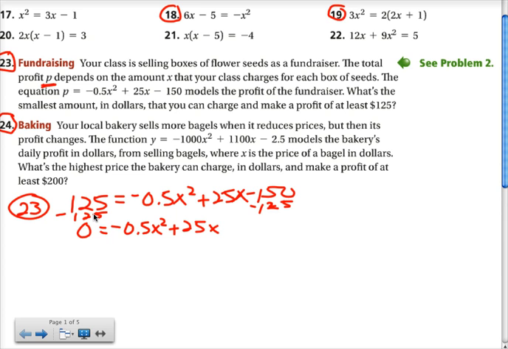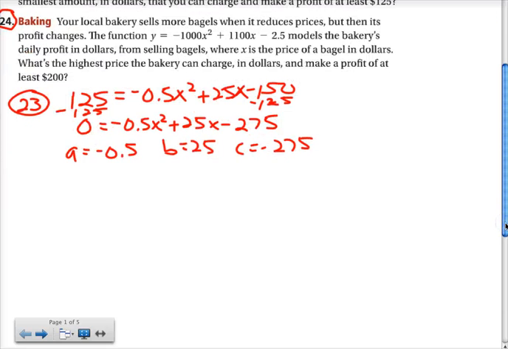And see what I get there. So negative 275 back there for a little C value. A is negative 0.5, B is 25, and C is negative 275. Now, in this case, I'm not going to take the time to move everything back over so that my A can be positive. Realization here is that we're talking about money, so it's going to be decimals anyway, so we